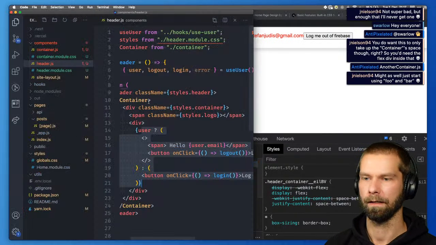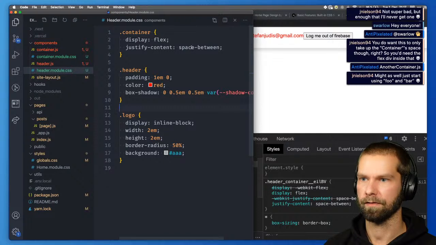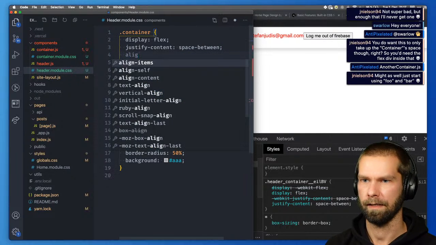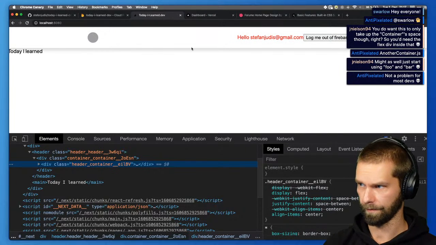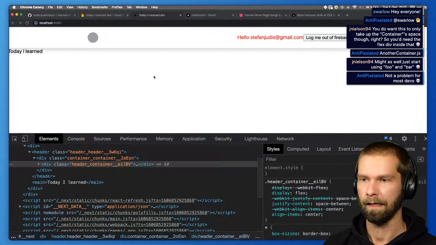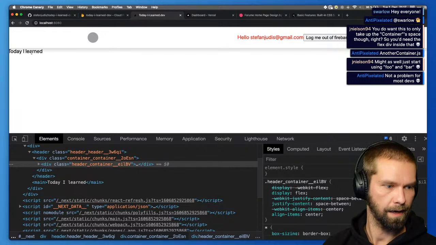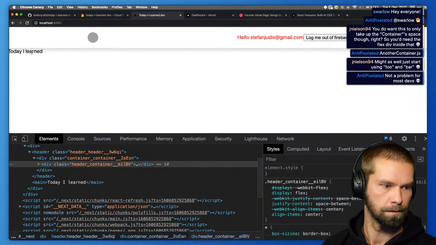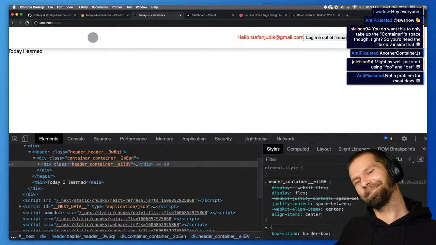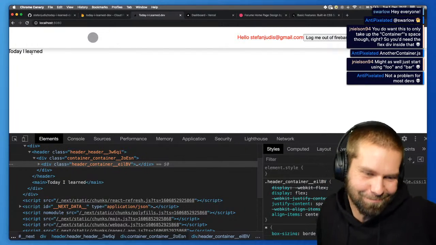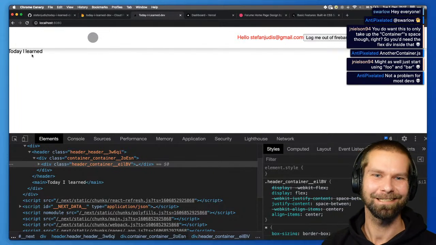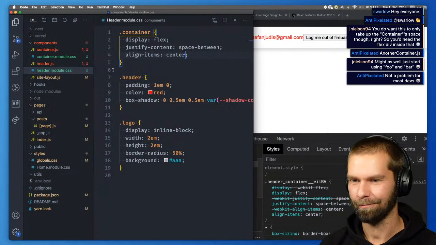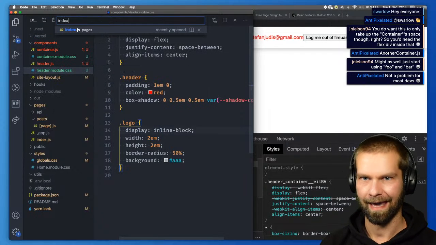Sweet! We can also do, just so that everything, is it align items? Like that? So that everything is nicely aligned. Nice! And now that we have this thing hanging here, I'm not sure if I should start using foo and bar already here. Let's see. But we see already here that we have the problem that Today I Learned is hanging around just